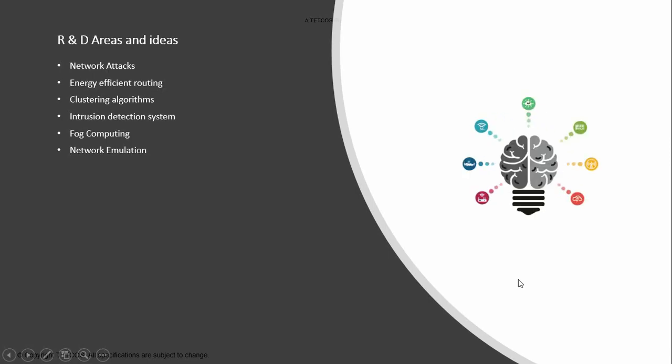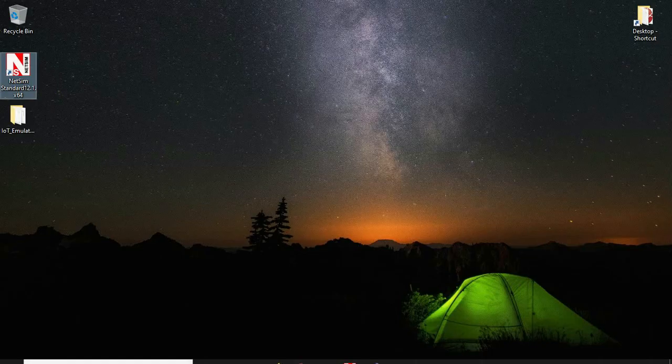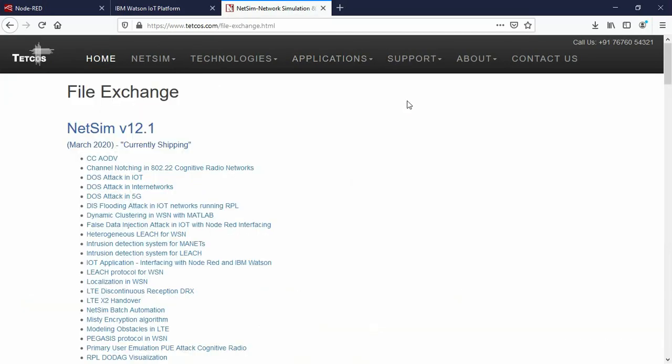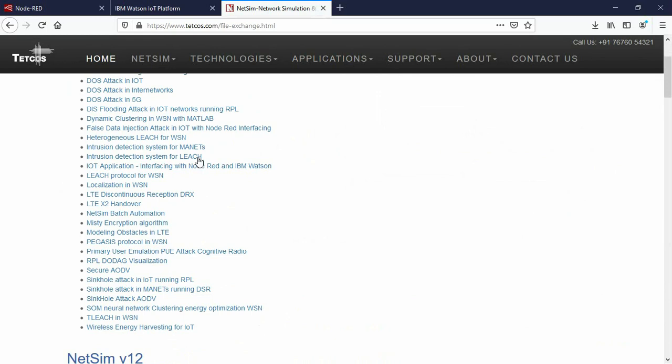Some of the areas in IoT where active research is performed using NetSim are network attacks, energy efficient routing, clustering implementations, intrusion detection systems, fog computing, network emulation, etc. And our file exchange in our website has a list of these projects that are available.